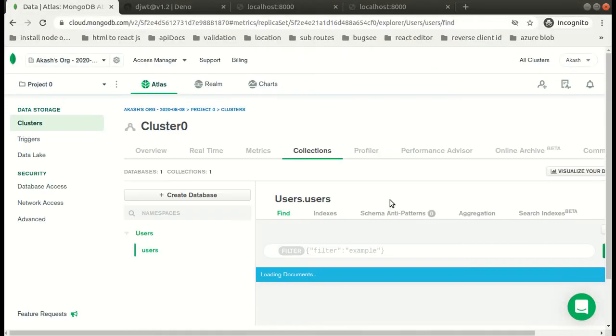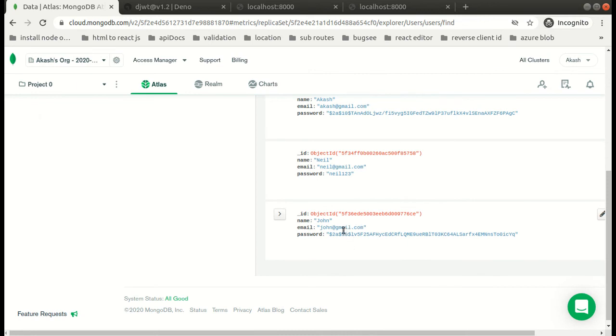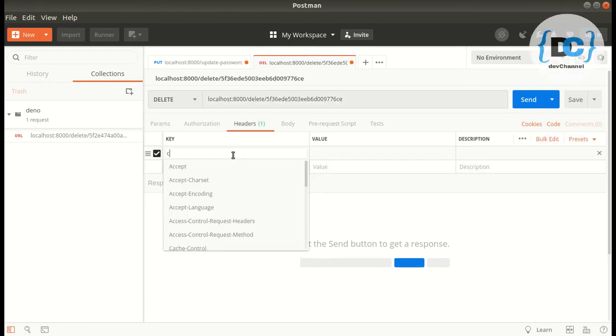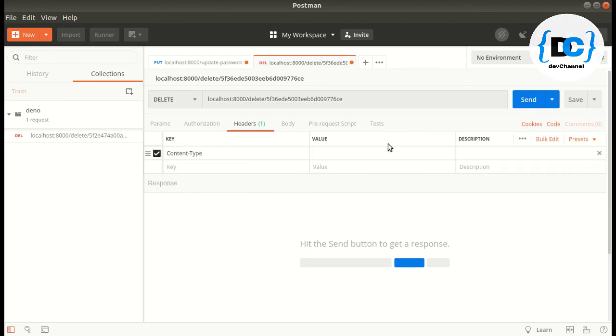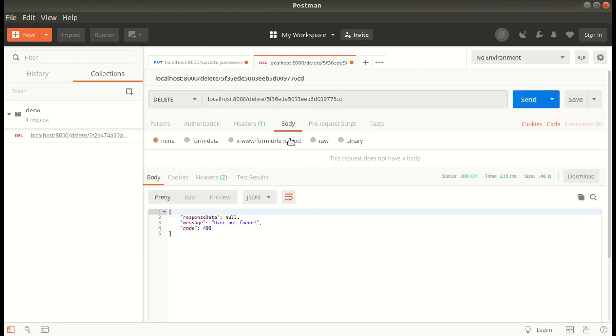Friends, we are going to delete this user, so let's copy the id. And over here goes the content type, that is application/JSON, and no request body, only the id. First let's try tweaking it. Let's change it, and now let's send the request. Cool, we have handled this corner case successfully: if the user is not found, then we simply get the message user not found.